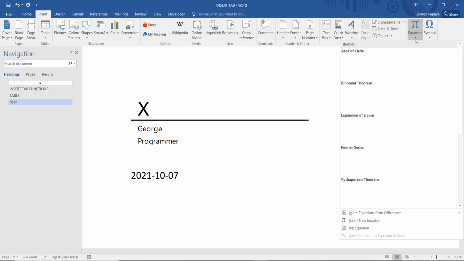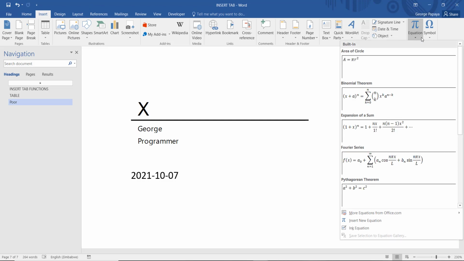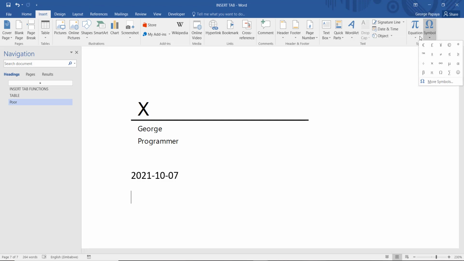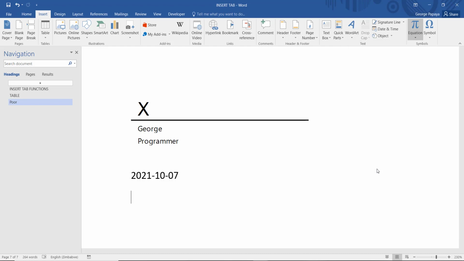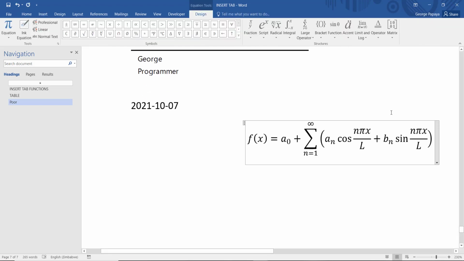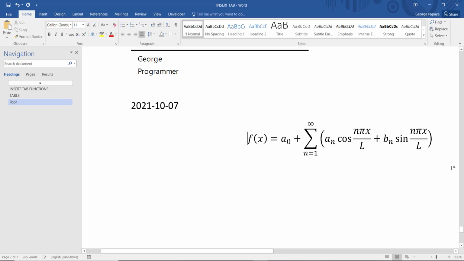So we go to our equations. We can actually have equations, we can actually have symbols. So we'll start with an equation. An equation, as you know, is basically a different type of setup. So for example, let's say I pick that as my equation. This is already right as it is. There's maybe very little that I can change or edit. I can put a different type of equation